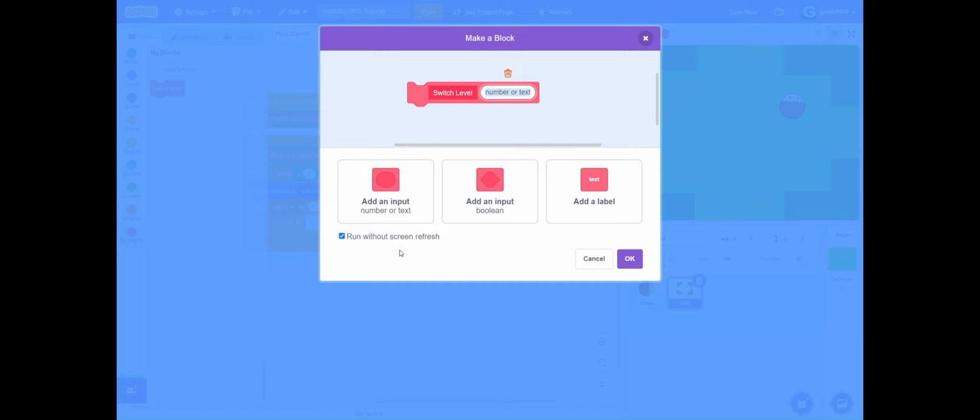Now, we want if the current level equals previous ID,